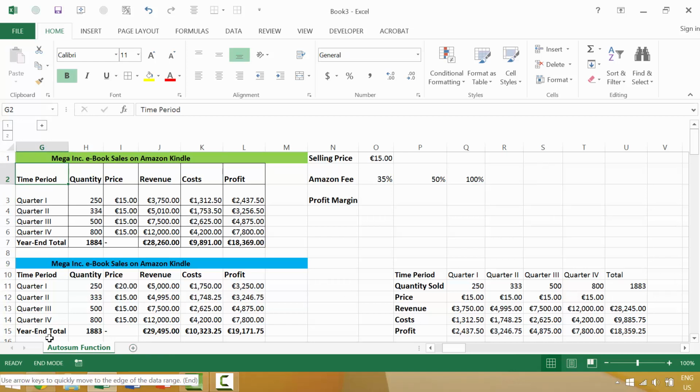mode. End mode is a little bit different in that it has two main functionalities, of which I commonly use it. The first is if you activate end mode, again by pressing the End key on your keyboard, the End key is often between the delete key and the page down key if you're using a full QWERTY keyboard. You activate the end mode and then you press the right arrow and it will jump to the end here of your data region. It's kind of the equivalent of pressing Control right arrow. So I'm going to press End and then jump over, and that would be the equivalent here of pressing Control